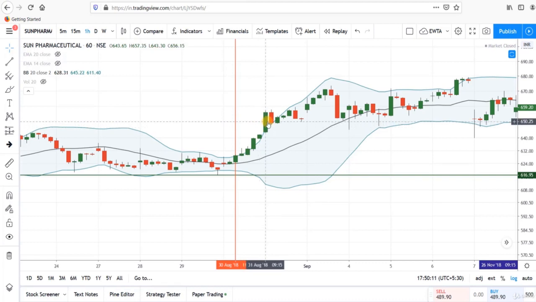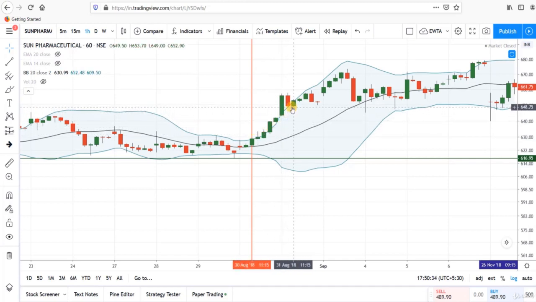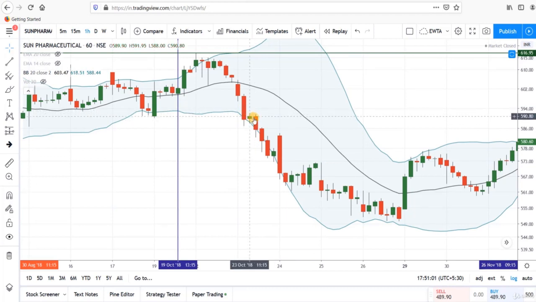But it doesn't mean that we will get a reversal in the prices. After a pullback, prices are going in upward direction and it is also a signal of continuation of the trend. So with the help of other indicators, we can get our entry and exit signals, but Bollinger Band tells us about the continuation of trend here. As long as prices are trading near the upper band, this is a signal of continuation of uptrend, and as long as prices are trading near the lower band of Bollinger Band, this is a signal of continuation of the downtrend.